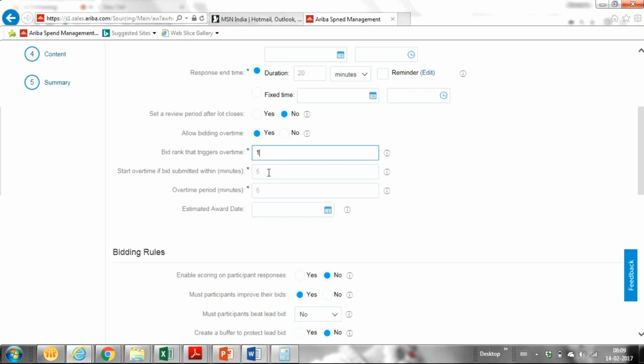And the start bid time, like as I said, last 5 minutes if a bid is submitted. So we can specify whether it's last 10 minutes or last 15 minutes. In that manner we can specify in the last how many minutes, if a bid is submitted, overtime should be triggered. And the overtime lasts for